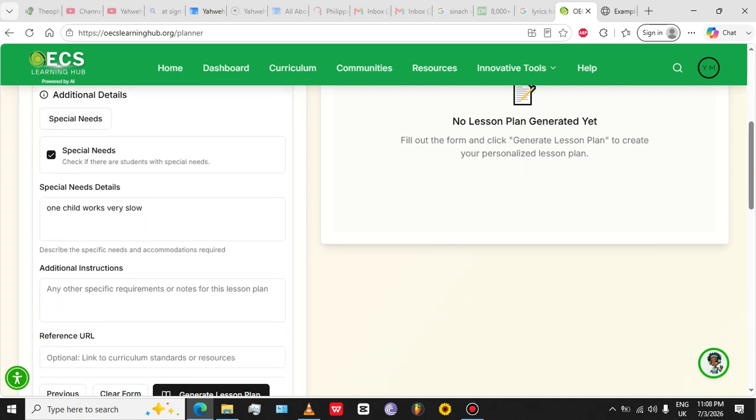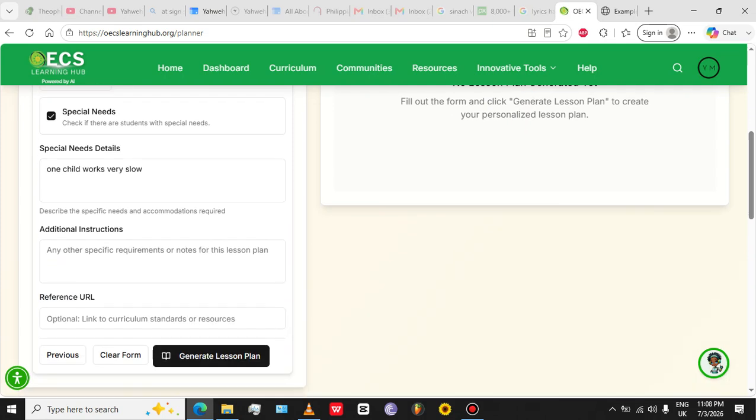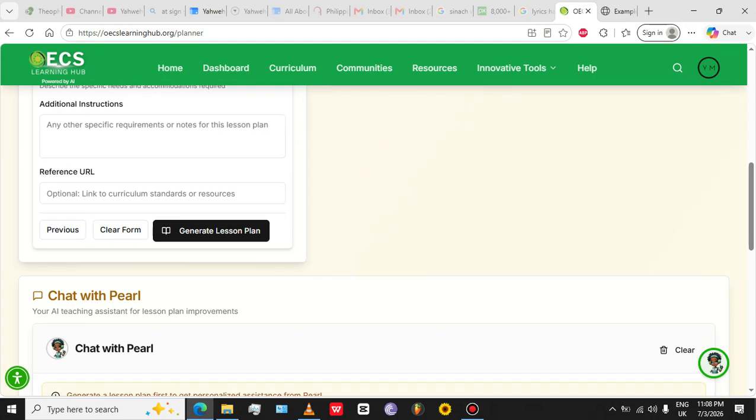There is one child who works very slow. So that's my special need. You click in the box and you write your details. And if you have any additional instructions,